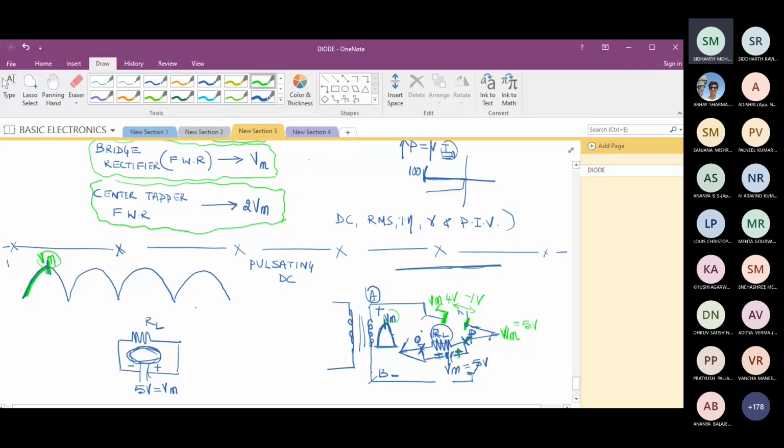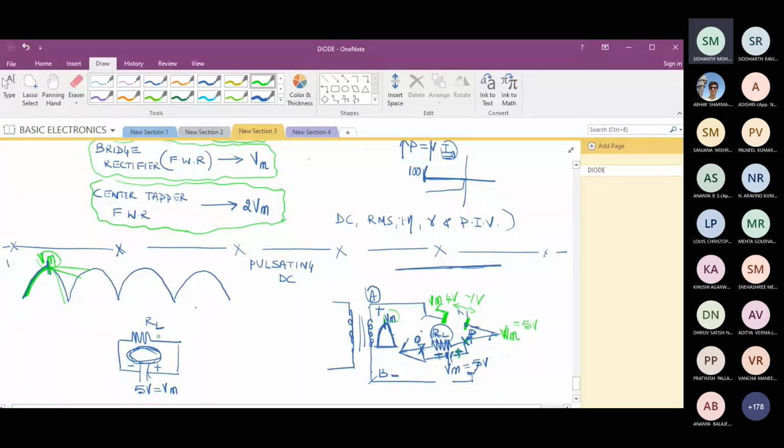So what do you expect? The waveform, will it discharge like this? Or can it discharge like this? Or can it discharge like this? Possible? I don't know how it is going to discharge. There is a possibility immediately it can get discharged. There is a possibility slowly it gets discharged. Yes or no? Yes. Now, how will I come to know how it is discharging, whether it is slow or fast? How will we come to know?